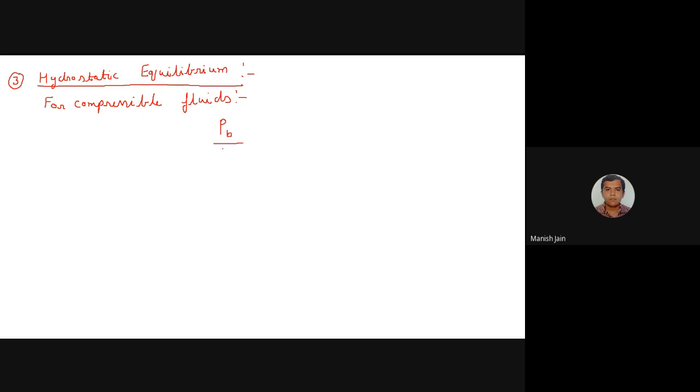PB divided by PA, that should be equal to exponential of in bracket minus G M capital M ZB minus ZA divided by RT. So here we assume the ideal gas law is applicable, है ना? तो यहाँ पे ये भी लिख देते हैं when ideal gas law is applicable,